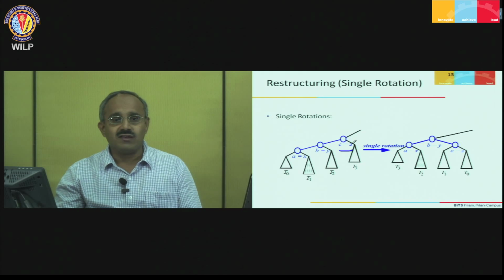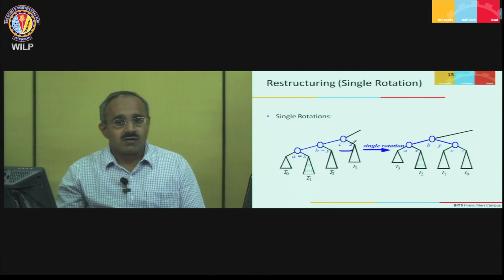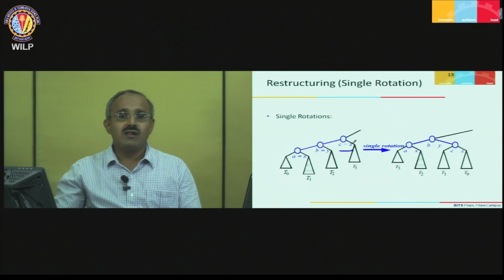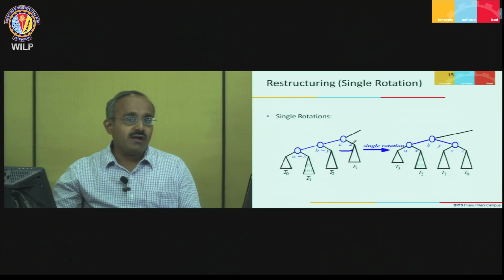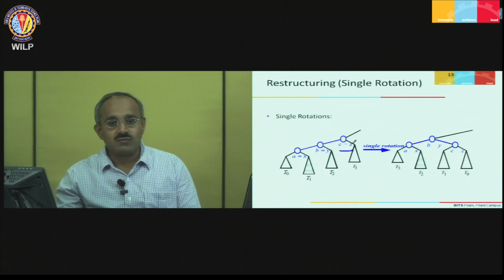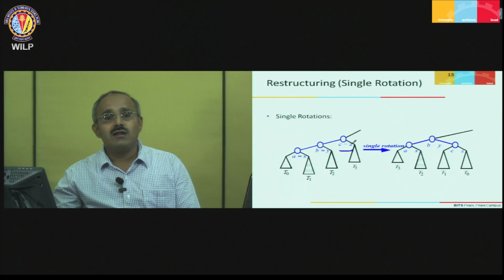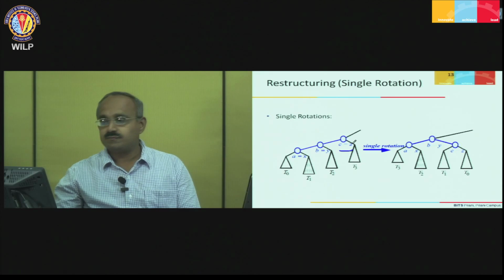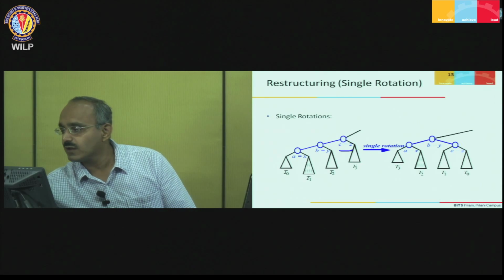So, this is the second case. Remember, the meaning of x, y, z is always going to be the same, that is z is where the height property is violated, and y and x have their meanings as defined earlier. The A, B, C mapping is going to change according to the structure of the tree. So, this is case 2,